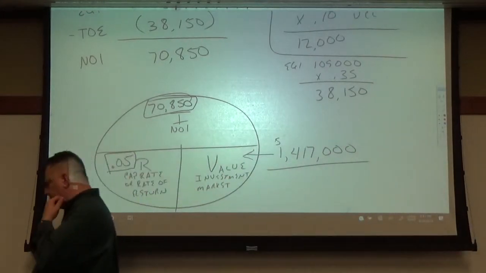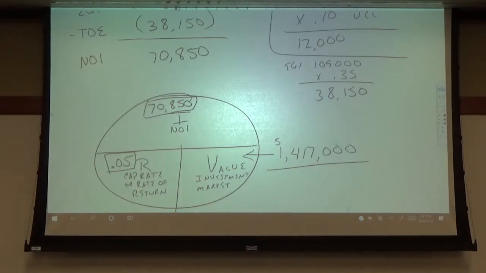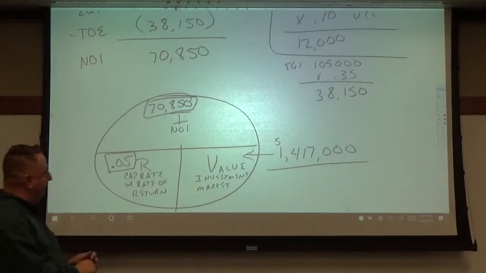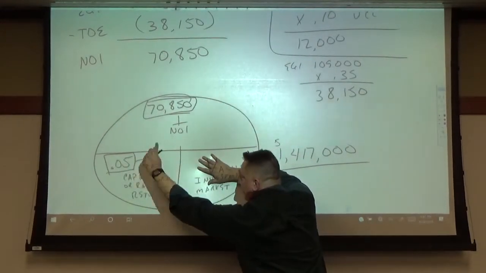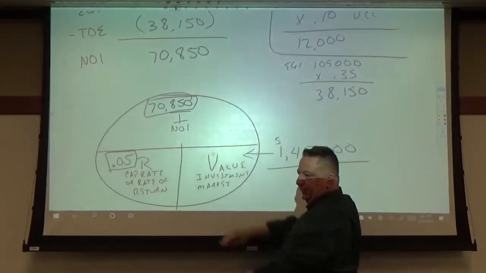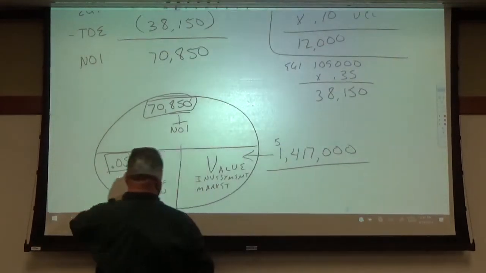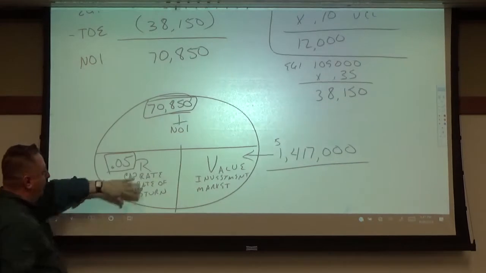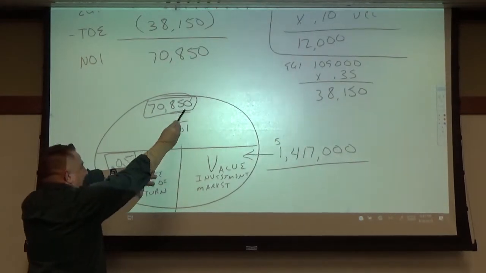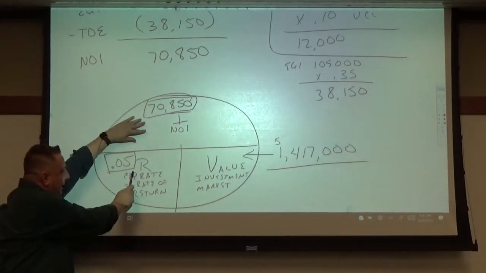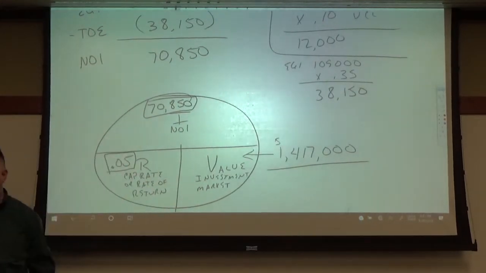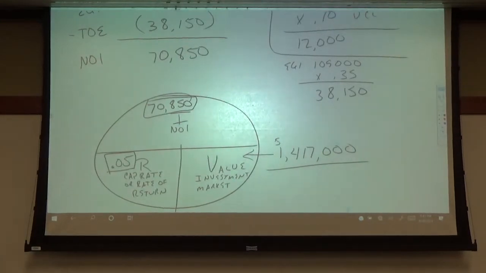So, let's start with cap rate, or capitalization. You said divide by 0.05? Okay, just think of it like a math problem. In this case, you're simply saying that divided by that gives us this. If you were searching for the cap rate, we would do that divided by that gives us this. If we're doing the income, it's this times this gives us that. And all that's written down there on the sheet.